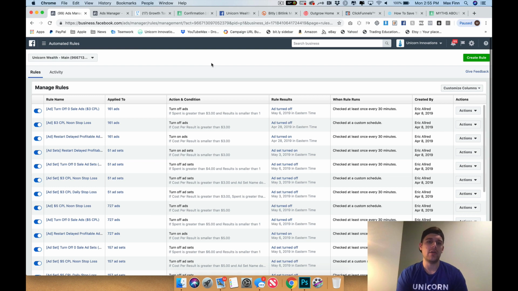The great thing with CBO is that it leverages Facebook's intelligence, its algorithm, to allocate budget to the best ad sets, just like ad sets did for ads. And what's great about that is the best ad sets can get a big chunk of spend. So if you have one campaign with 10 ad sets and a $1,000 daily budget, with the previous method each ad set would have a $100 daily budget. And so some of the ad sets that may have a terrible day would still spend $100. And even if you turn them off, it wouldn't reallocate spend to the winners. With CBO, you have the ability to start doing that.